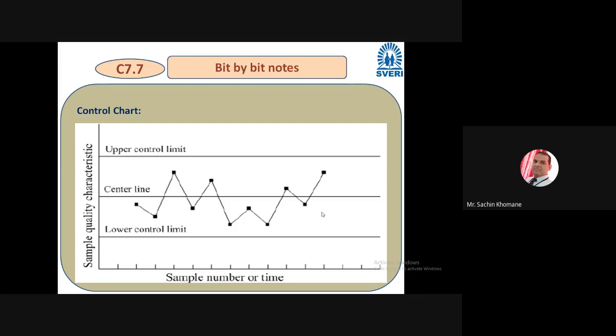If that point goes above the upper limit, then you have to understand there is a problem, so that sample, that product should not be used, because it is beyond the limit. Getting it? So this is the significance. Friends, try to understand, in industry this chart is very, very important to continuously monitor your process. Continuously may mean that the operator just observes the screen and checks whether the graph is going above the upper limit, going below the lower limit, or staying about the center line. I hope I explained this to you.